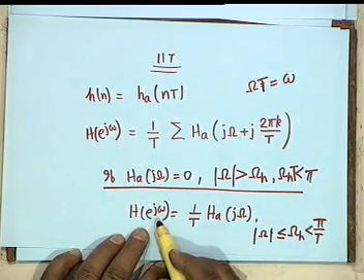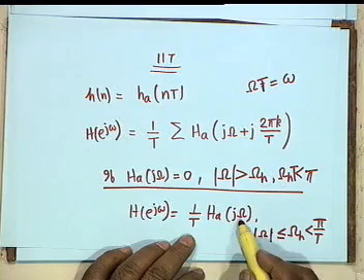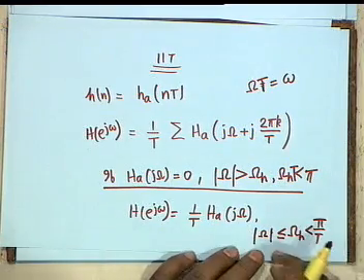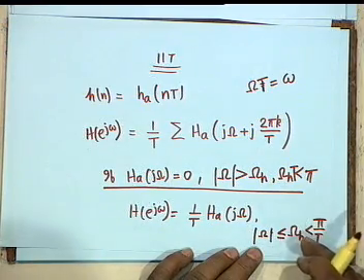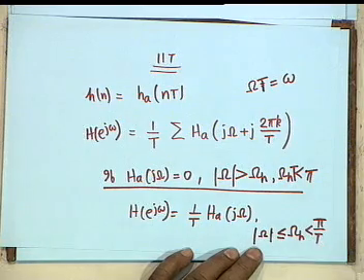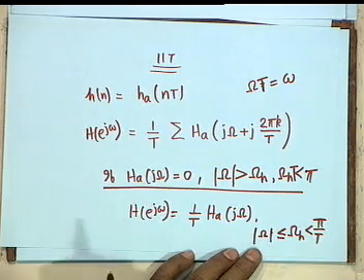That is h of e to the j omega. We are only concerned with the base band. It would be equal to 1 by t, only the first one, h a j omega, with mod omega less than or equal to omega h less than pi by t. In the rest of the base band, that is omega h t to pi, the spectrum shall be equal to 0. Agreed?